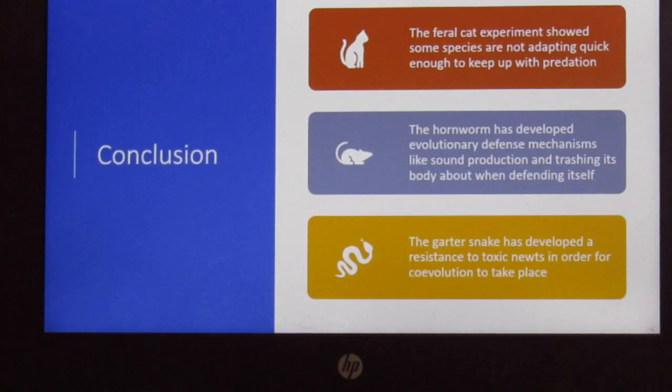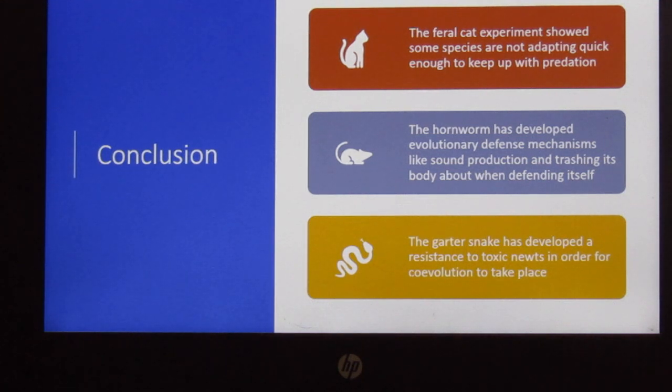Conclusion: most animals have defense mechanisms, but some must still adapt, like we saw with the feral cat experiment. None of those animals had adapted well enough to defend against the feral cat population, so the feral cats had to be eradicated. Some species are evolving in order to survive past the larval stage,